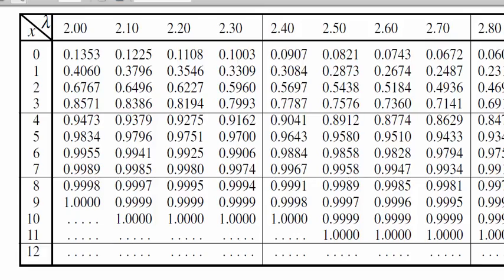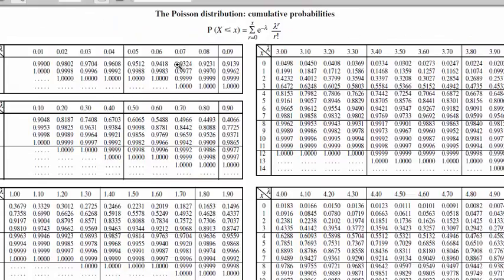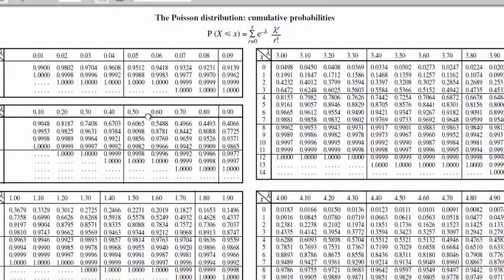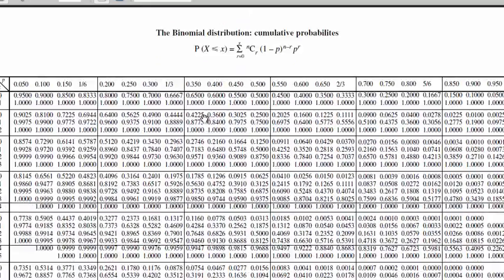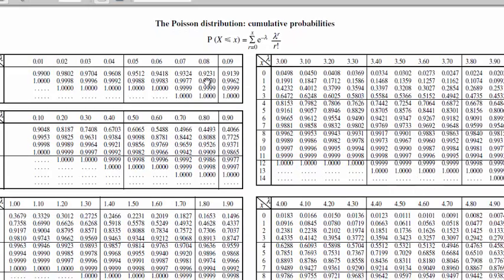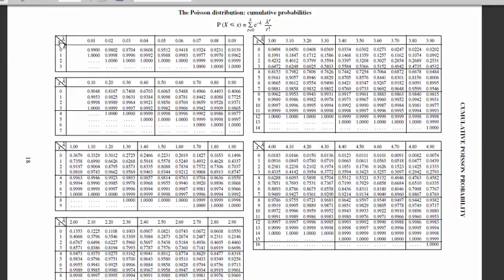Ta-da! Now, my formula book's already up here because I've recorded this video once before, but with no sound. So, I'm on page 18. Here are the Poisson distribution probabilities. You've already seen these ones, which are the binomial, and so after the binomial section comes the Poisson. Now, each of the tables has a little bit of information next to it. So we've got lambda, which is our mean, and then the probabilities accordingly. Notice they don't go all the way down to 1,000 if they don't need to.